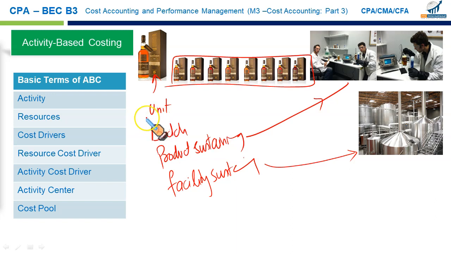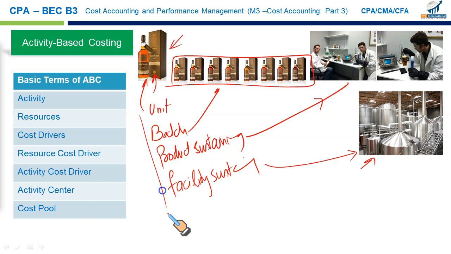So as you move from unit to facility sustaining, it becomes much harder to trace the cost to the end product. Unit level activities can be easily identified in a single unit of product. Batch level with little difficulty. Product sustaining like research and development, product testing, engineering changes, are even harder to trace to the end product. And facility sustaining like rent, like insurance of facility, is even harder to trace to the end products, right?